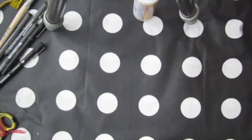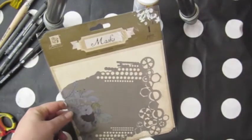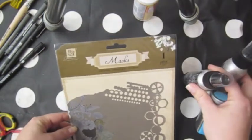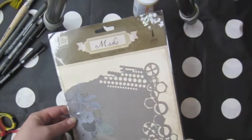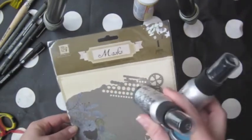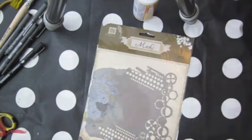This is the color add-on that I'm going to work with. It's a mask from Prima with a kind of steampunky look. I really like the circles. And then it's included